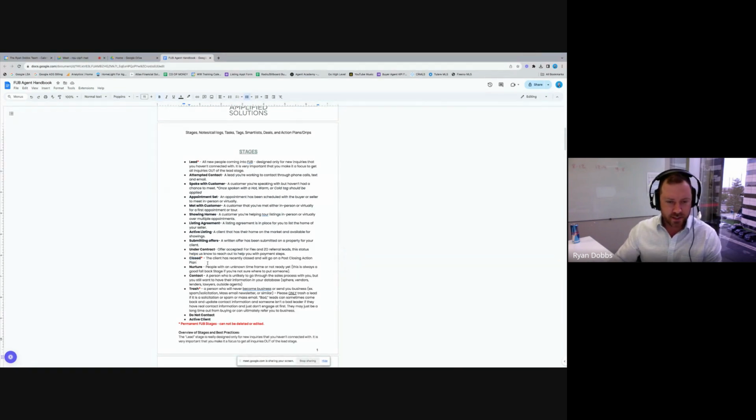Okay, next is nurture. So this is sort of like a one-off type stage. We don't know exactly where to put somebody at this point, right? So people with an unknown time frame or are not ready yet. This is always a good fallback stage if you're not sure where to put somebody. All right. So I'm going to come back to this one in just a second. I'm going to knock out these last couple, and then we'll come back and we'll talk about what Jaden's question